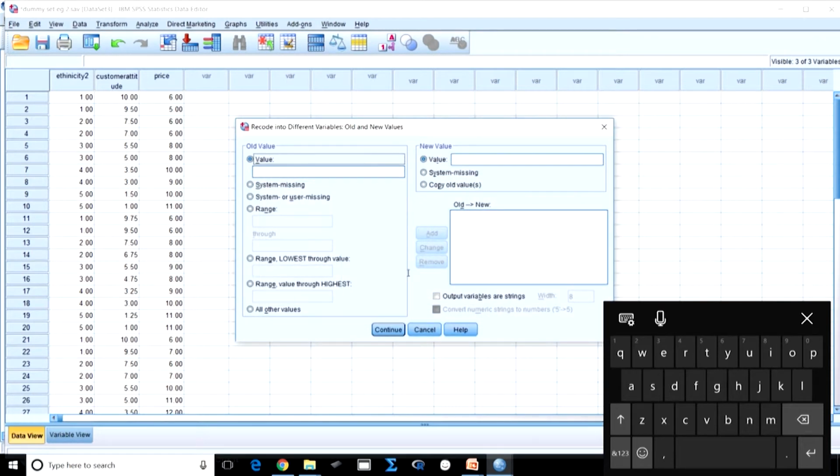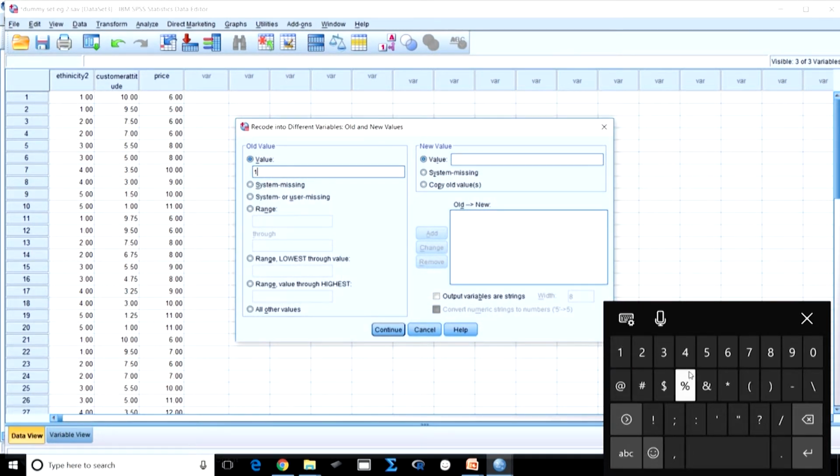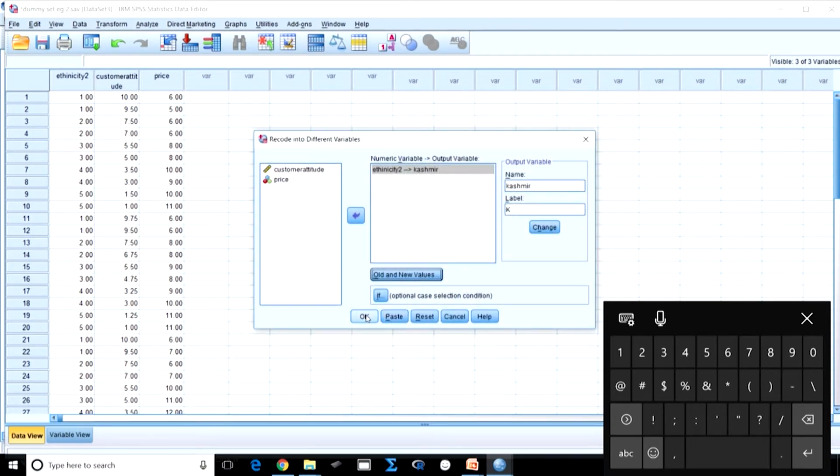Old and new values. What was the old value for Kashmir? I have shown you earlier, it was 1. And the new value is also 1. So, I am adding it. Now, all other values I will put as 0, right. So, all other values are 0. Now, add, continue, and you just give it OK.